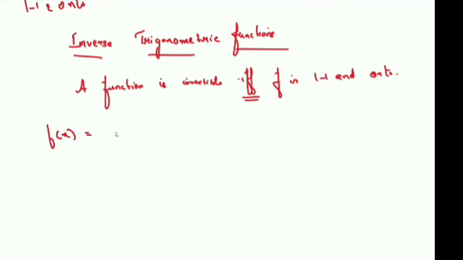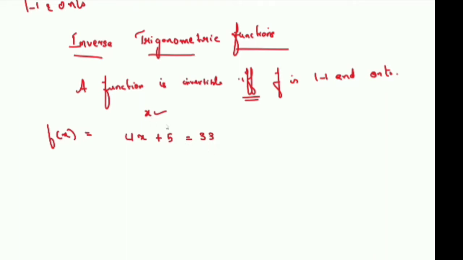Why do you need this condition? To find the inverse of a function, you need it to be one-to-one and onto. I'll give you one example. Think of a number. That number is x. Multiply by 4. Add 5. It's a simple sum. The result is 33. You thought of a number, that is the input. The input is x. We don't know that number. The output you gave is 33.